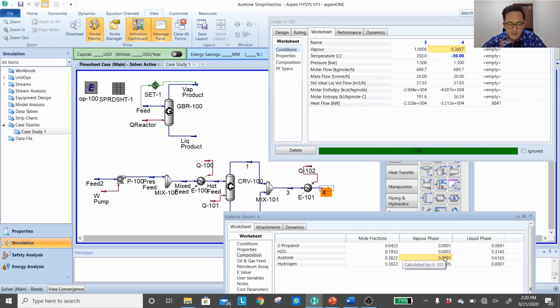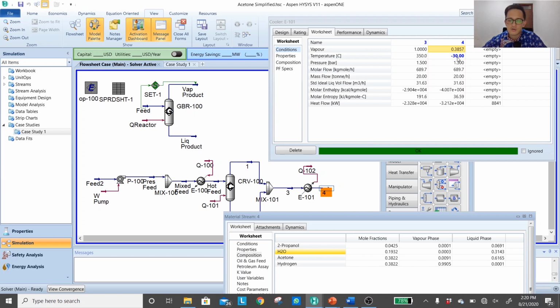But again, everything must have its own consequence. At -30 degrees C at close to 1.3 bar, you have to think about the risk of operation as well. For example, water at -30 degrees C at 1 bar is very likely to start forming a solid phase, ice. And you don't want that to happen in your piping, because it will plug the pipeline and the equipment, so it's going to be quite challenging.